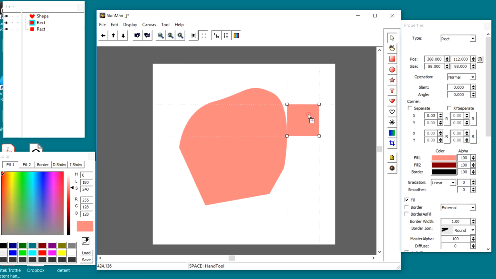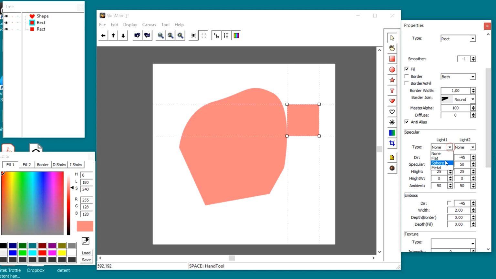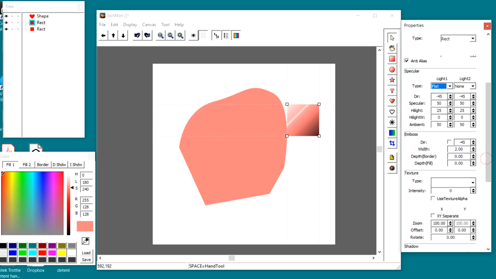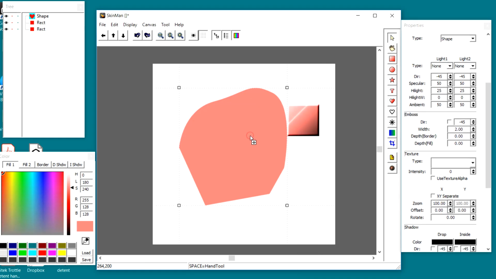The other thing I can do is, if I select this object and let's say put some effects on there, like let's say lighting. Let's say I put in a flat highlight, and let's say I put in emboss to this amount. If I select that and select copy, and I come over to this object and select paste effect, it carries those effects over. So that's interesting. It is interesting, though, that since this was transformed, you see the highlights are backwards, but it